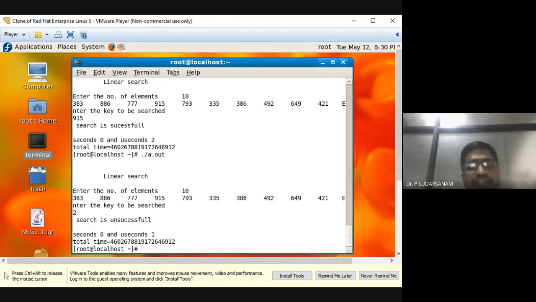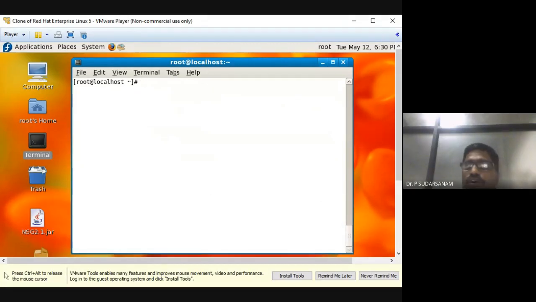Seconds and microseconds per second you have taken, and the time taken will have different values. Do you have any doubts in this? You have to enter like this to check your program is working or not, with small numbers. Then you give bigger numbers. So now you have 5 different values, and you have to write them in your record, just n and the time taken. Now I'll run the program.